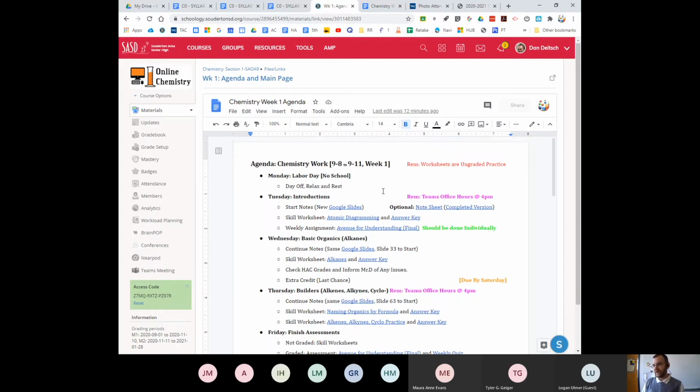One of the things I do want to point out is that all worksheets that I give you are ungraded practice. The answer keys will be linked. The worksheet will be linked. Do them, don't do them. That's on you. But if you don't do them, when the graded work comes, you may be lost. And that's my recommendation to you. As digital students, you take a lot of responsibility on yourself. Yeah, it's up to you. Good luck. I will be around.